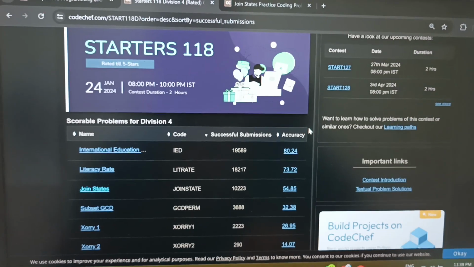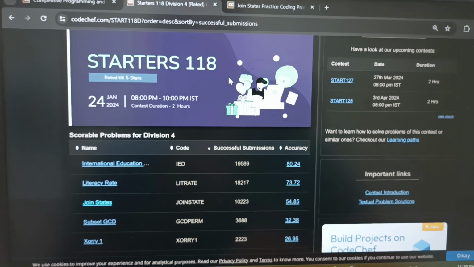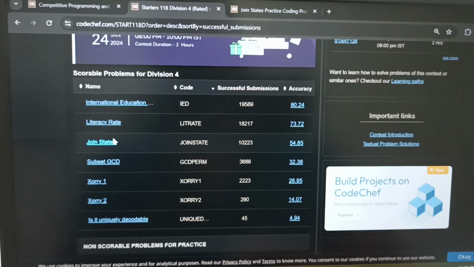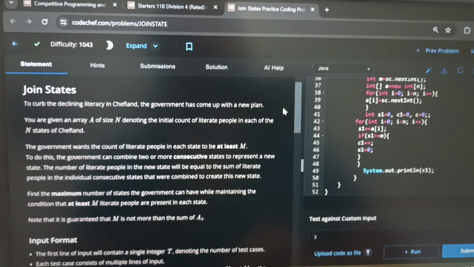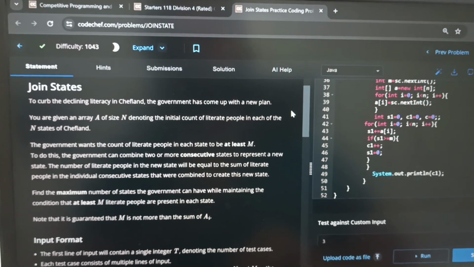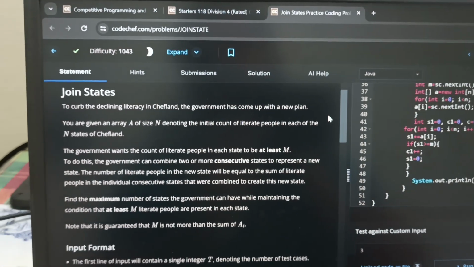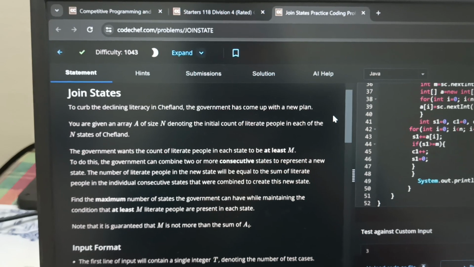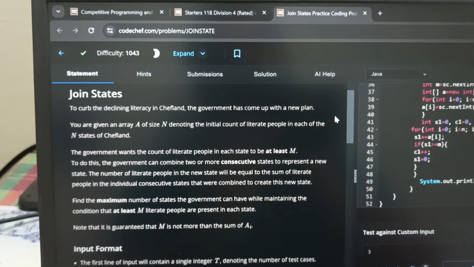Today I am going to solve a question on status 118. The question is join states. Here the question says, to curb the declining literacy in Japland, the government has come up